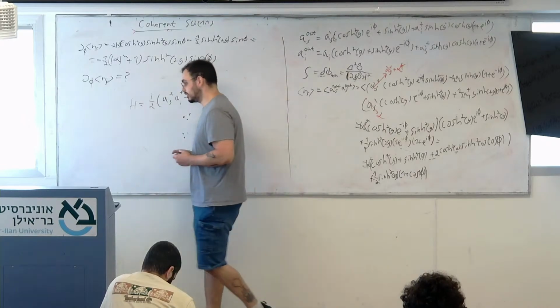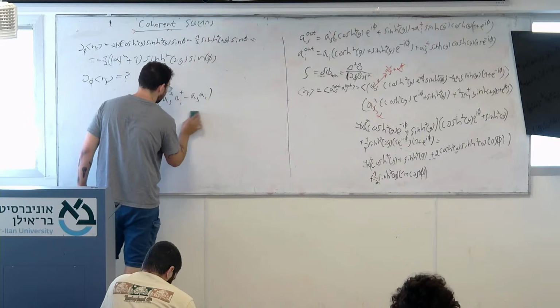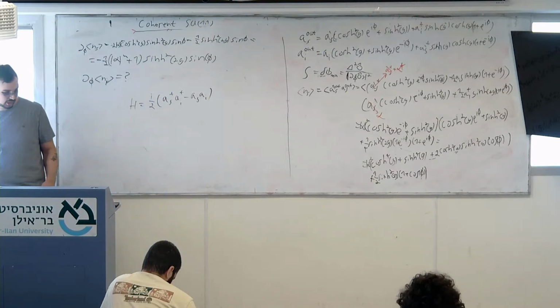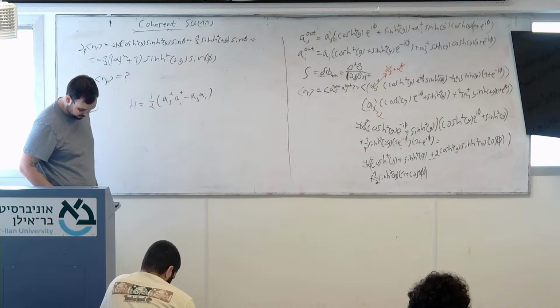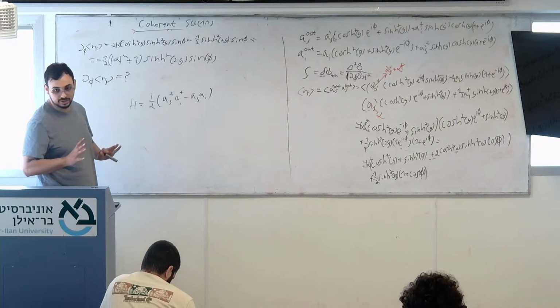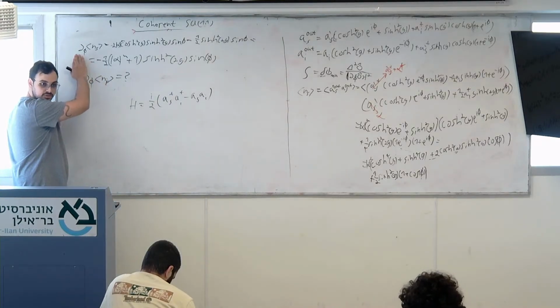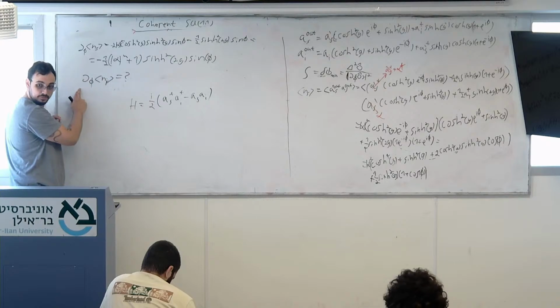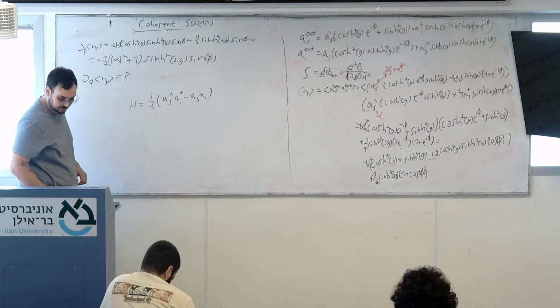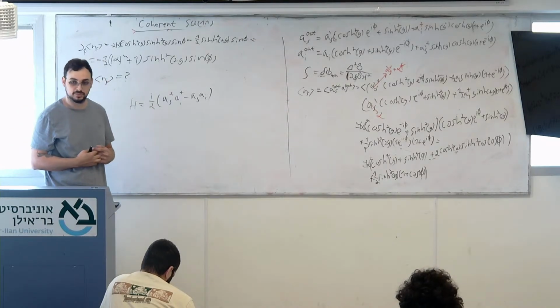So even without calculating everything, we can extrapolate that this change, this derivative, will be exactly the same. Both of them will be exactly the same, even though the overall number of photons won't be the same, because